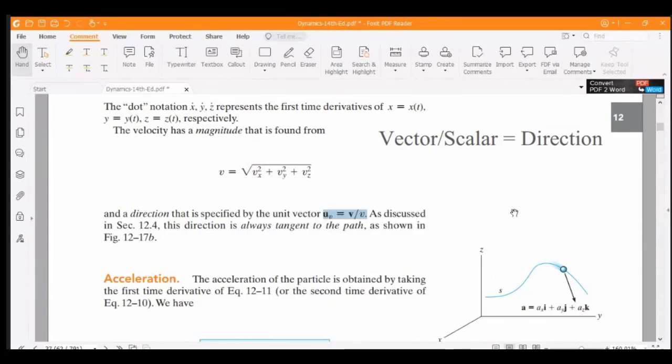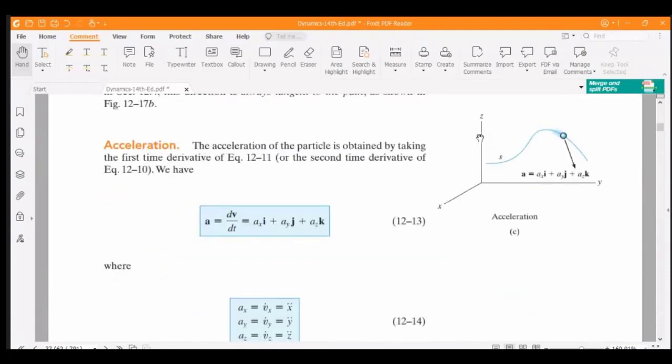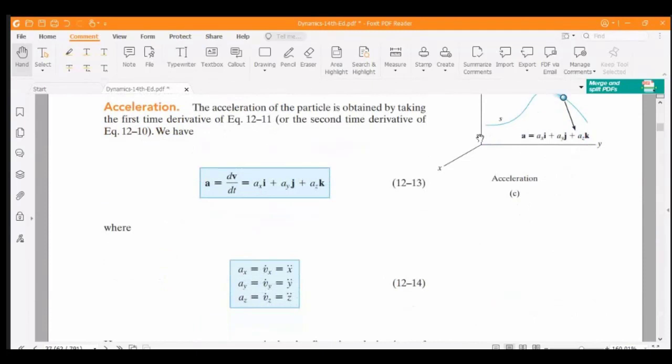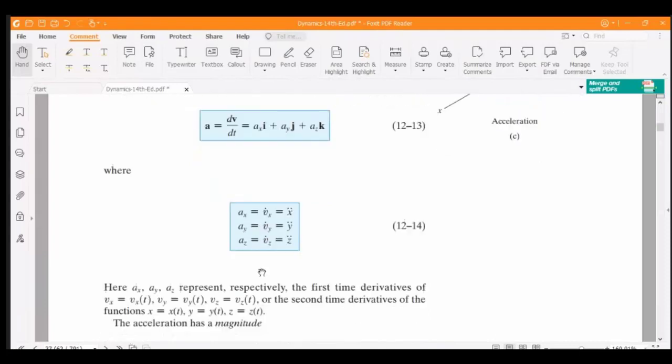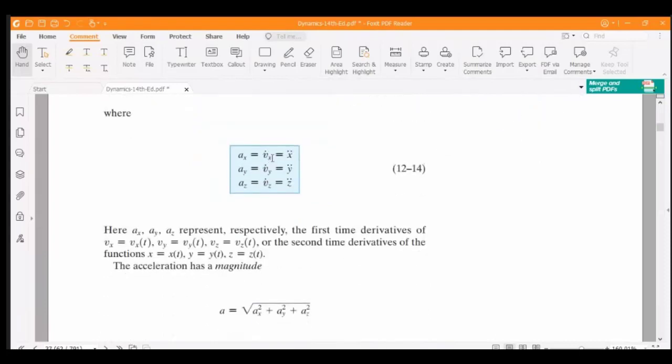Okay? Any queries? No, sir. Okay. In a similar way, we also get the acceleration ax, ay, az, and ax means v dot. What is it? So again, meaning x double dot. Okay, ay means vy dot and y double dot. Az equals z dot or